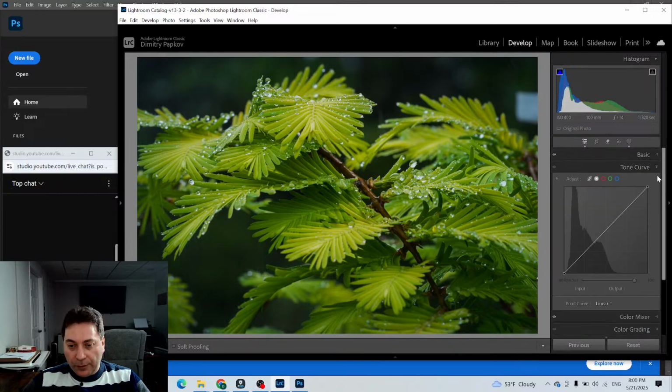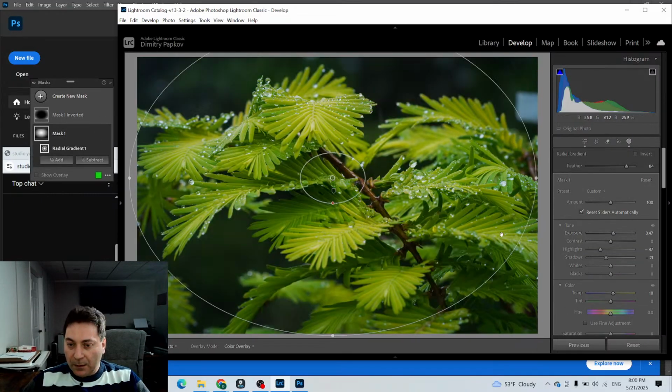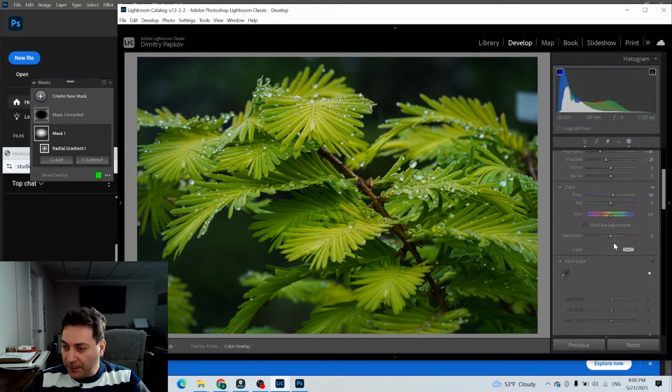Tone curve. Let's go to our central area, mask, and create